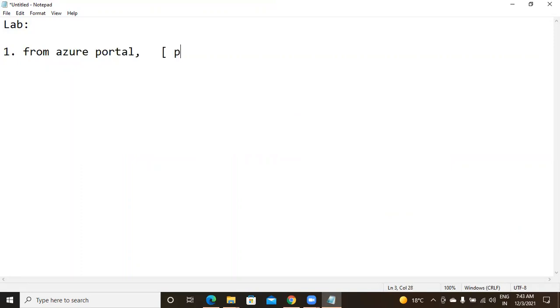So what is the portal name? Portal.azure.com. First you have to sign up. Then once you have signed in, you have to do this work. We created a resource group. The resource group name is DWH ZR. In later examples, we are going to use this resource group name. Of course, I don't keep it like that. Once class is completed, I will remove all the things. Otherwise, my free trial credits will be consumed. Okay.